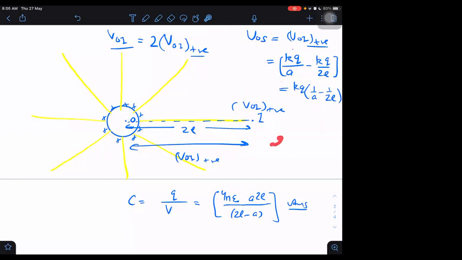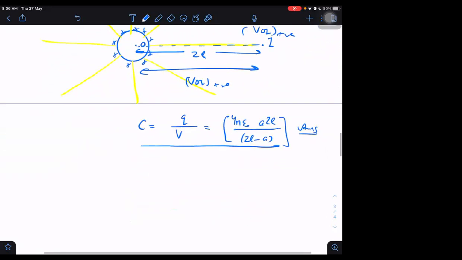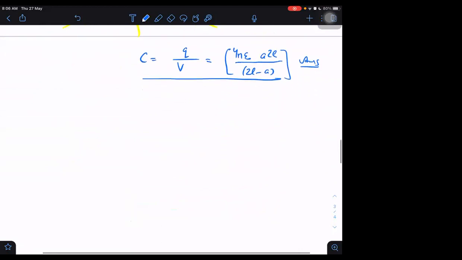And I gave you a reason why he is giving L is very, very large as compared to A. It is not necessary that if he is giving L is very large as compared to A, then he wants you to neglect A compared to L. Maybe he wants us to take this also into account, and he wants us to write the total answer like this only. That reason may be so that the induction effect is not there, or so that the charge distribution can be assumed to be uniformly distributed charge only. That might be the reason. Okay, so I will go with this answer only, and we can see afterwards. You can also see what is the answer given in your book.